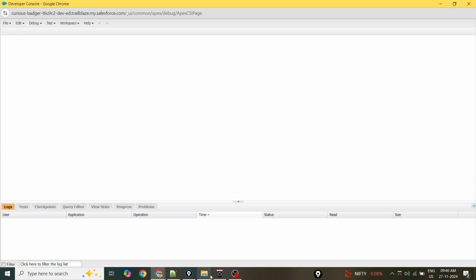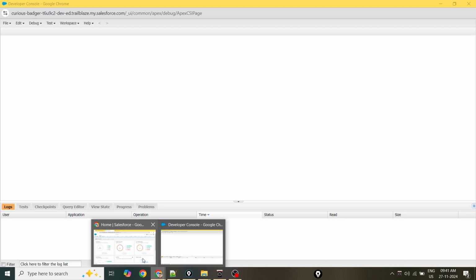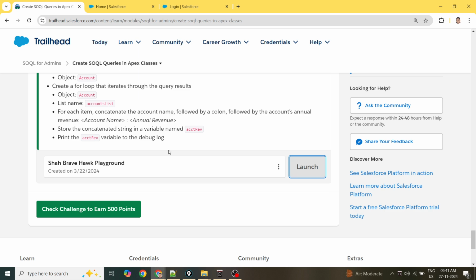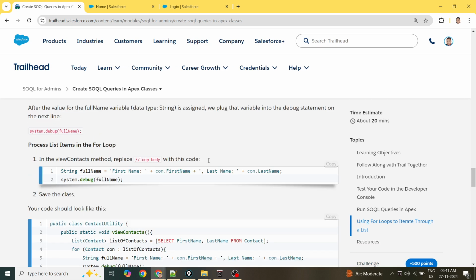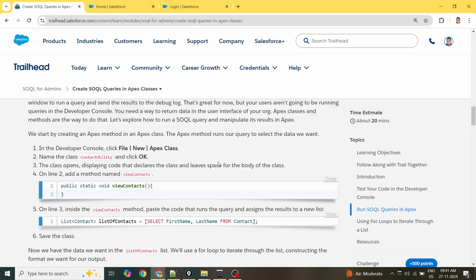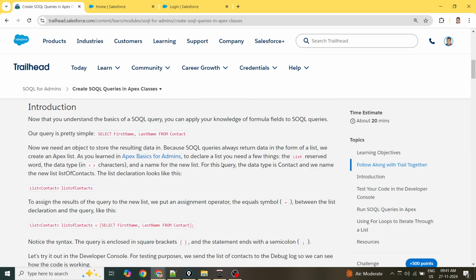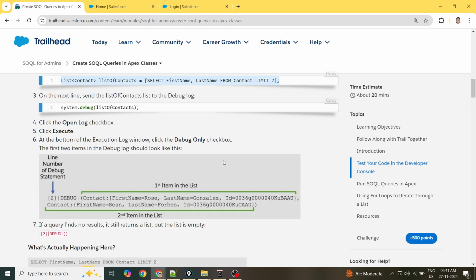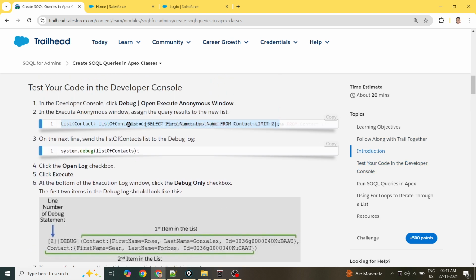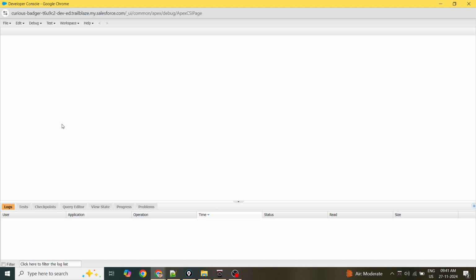In the developer console, where is it asking query editor or not query editor, because debug message is also there, no? Right, so the line one list, right? Okay, you can copy it, that's up to you, or I strongly recommend typing it. Okay, just for the time purpose, saving of the time being,